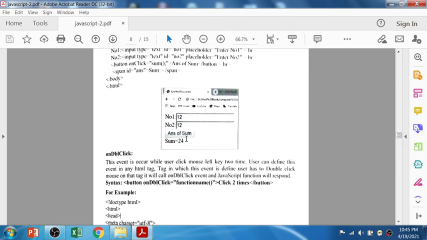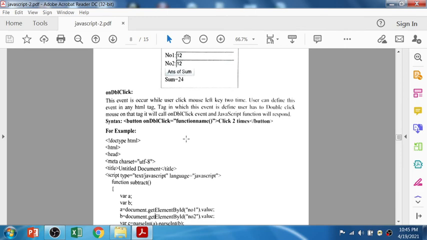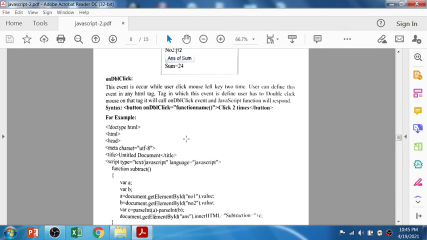Similarly, we have a double click event. So when the user double clicks on a particular button, because it's a mouse event, the double click is obviously on a button only. So when you double click on that button, the function will be called.